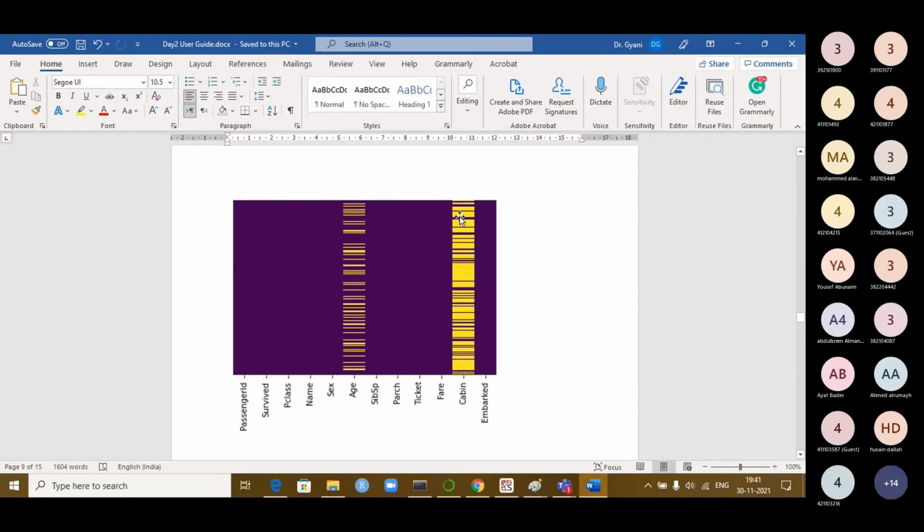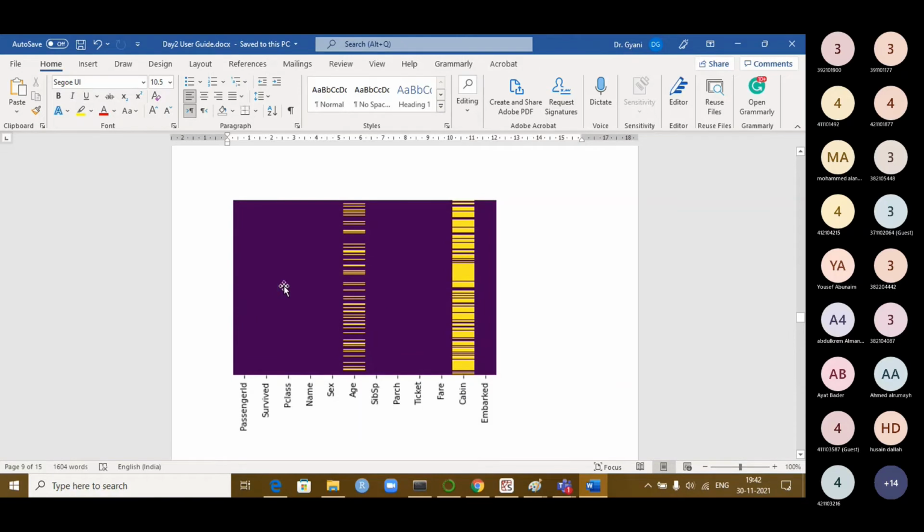How do you replace the missing values? Even if you replace with 0, there is no use. That means this column is not so important, so you can remove that. Then age. Here also there are some missing values. You can think of replacing the values if required in the analysis. It's up to the analyst whether to replace or not. If it is not available, the mean of that column can be used as a suitable replacement, because age cannot be 0. So the average of that column can be put in place of the missing age.